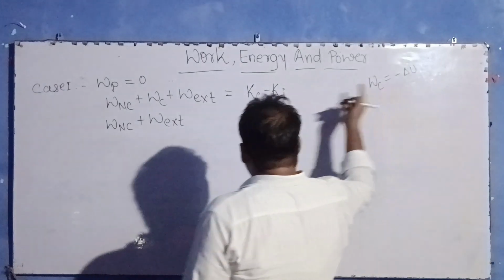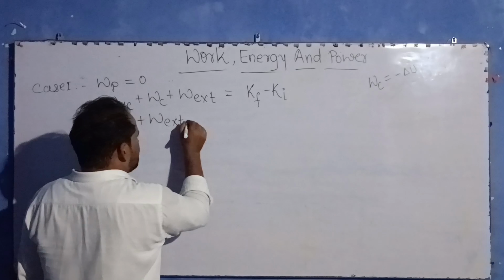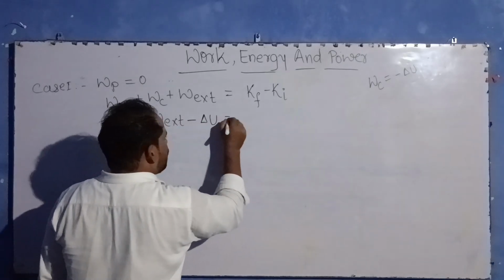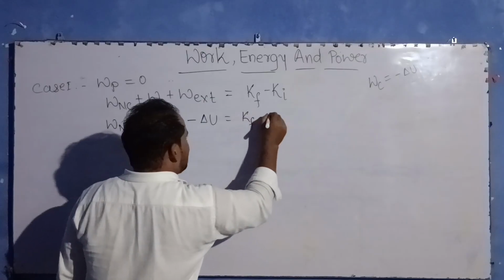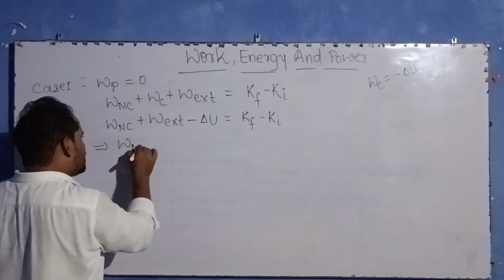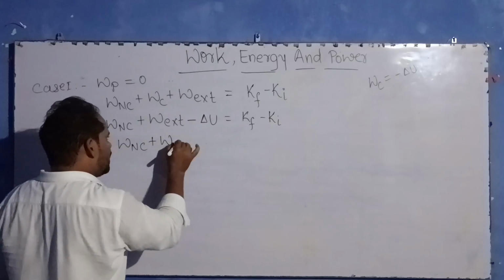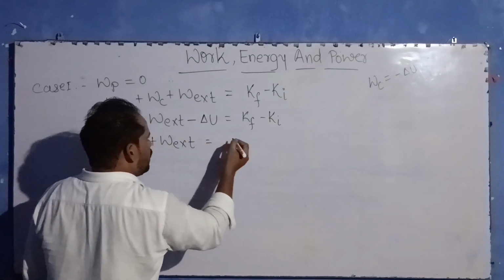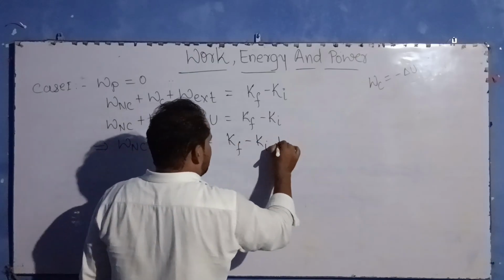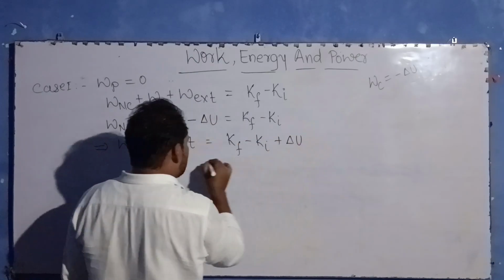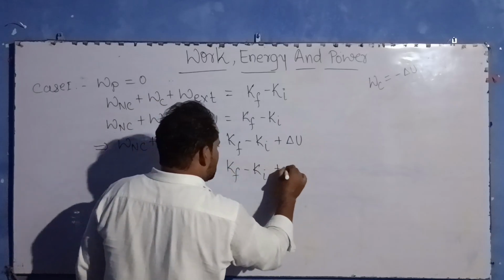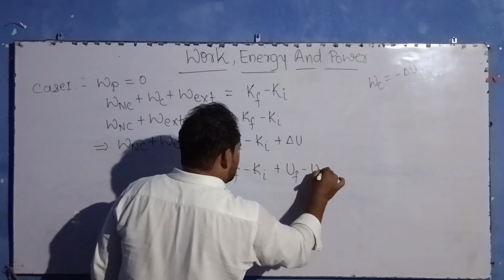So we put this value there, and it becomes minus delta U is equal to K final minus K initial. Further, this becomes work done by non-conservative plus work done by external is equal to K final minus K initial plus delta U. Delta U means U final minus U initial, so it is K final minus K initial plus U final minus U initial,